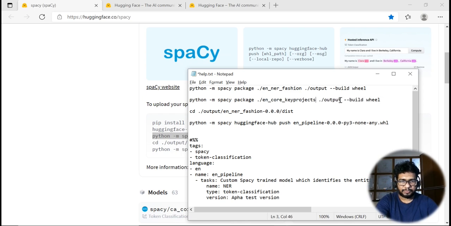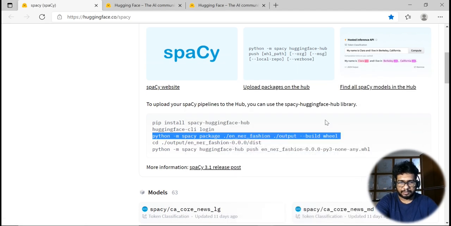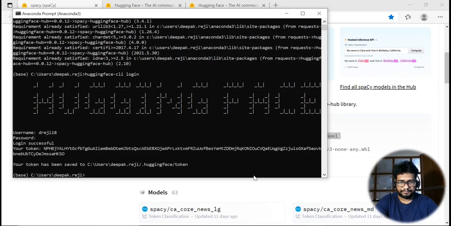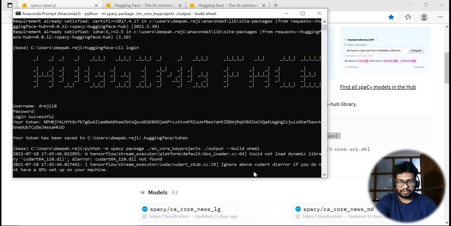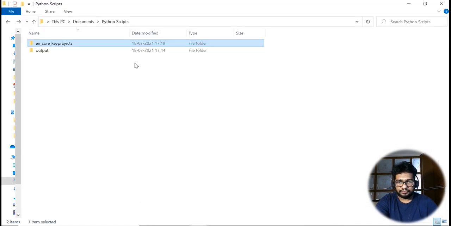Okay, and then we'll have the output. So it is good to construct it here and then enter it into the command prompt, or Anaconda prompt. If you run it like this, then it will create that particular file structure in your output folder. If you go to the output folder, you'll be able to see it.